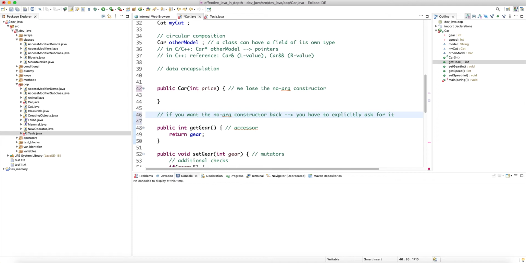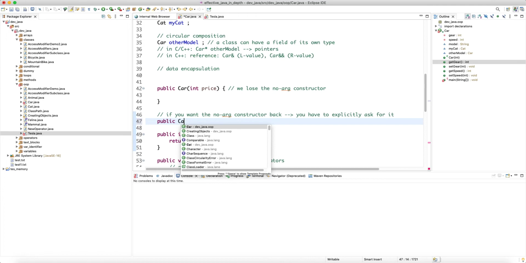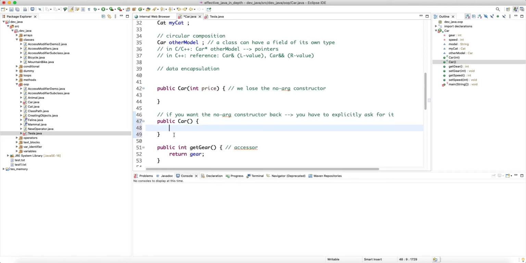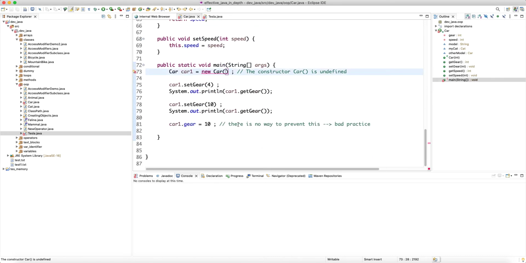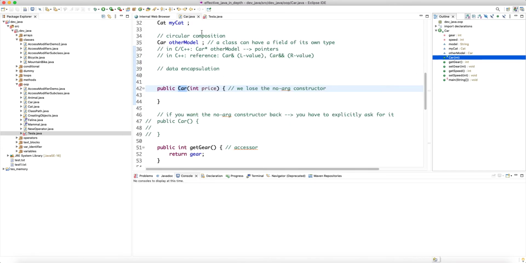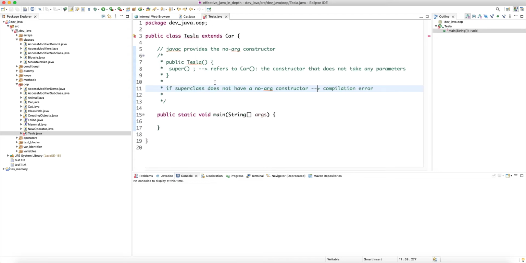Again, in Java, everything is explicit as much as possible, just because that makes code safer and more readable and more reliable, right? Which means you have to do public Car and nothing, right? You have to explicitly provide this, otherwise the compiler is not going to provide it for you. And let's say we go back and fix this by passing some number in. Now the compiler knows which constructor to call. There's only one constructor. But in the Tesla class, which is a subclass of Car, now we are getting a compilation